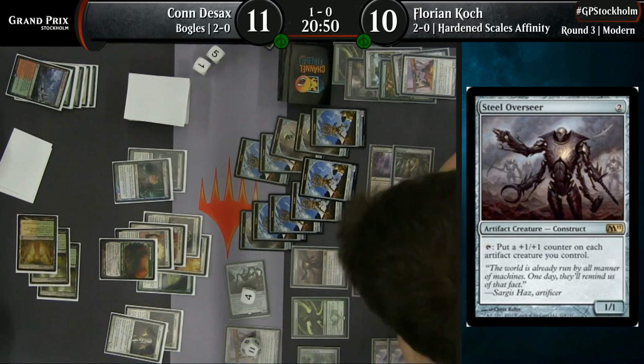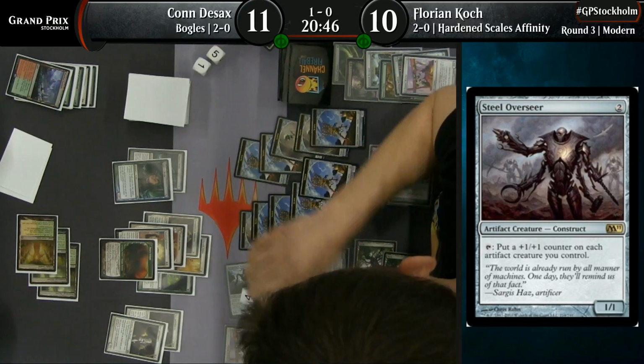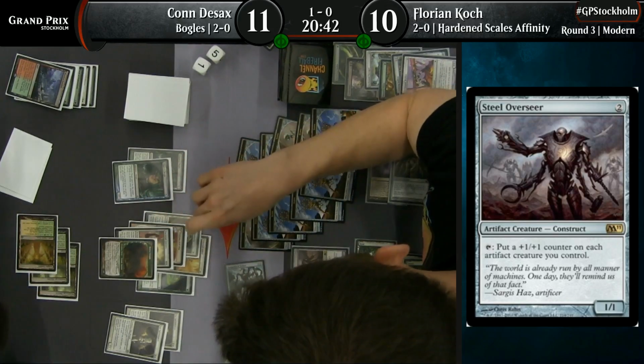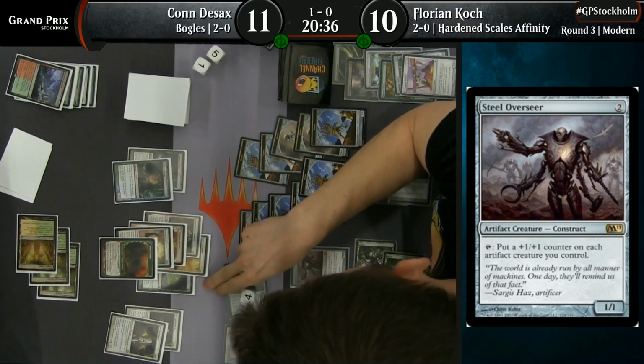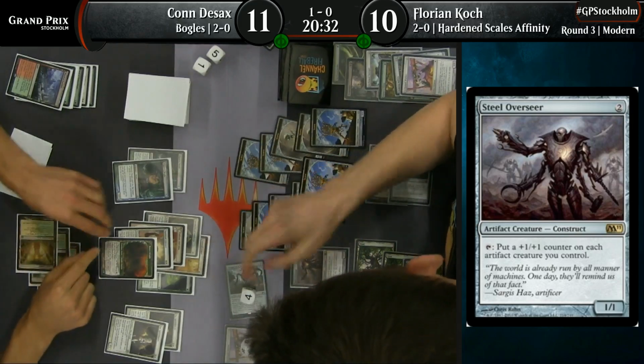Yeah. Well, I mean, that'd let the Nexus get through. At least. Yeah, a lot of different angles. A lot of angles to cover here, Raphael Levy. There's only a few draws. I think Florian has to draw something now because maybe Con drew something relevant with his 2